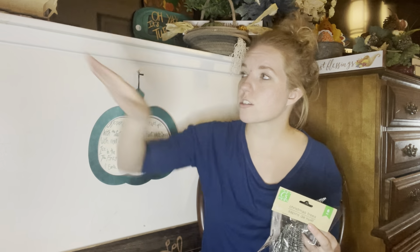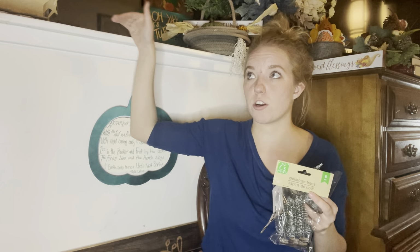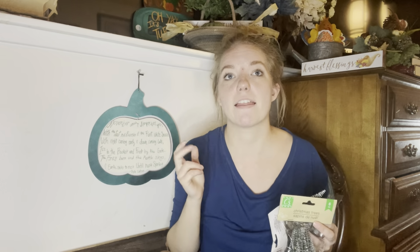Now her village takes up her windowsill in her room. My village originally took up a bookshelf. Then it took up 2 windows, just the single base like this. Last year we built a shelf because we had expanded. So we had this shelf, and then we built a second shelf for my village to go on in 2 windows. And then this year,